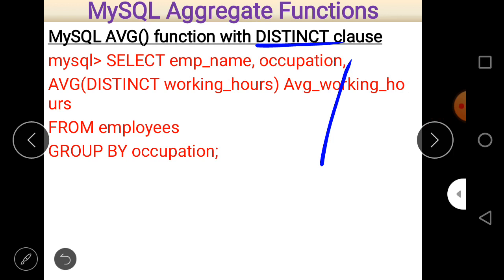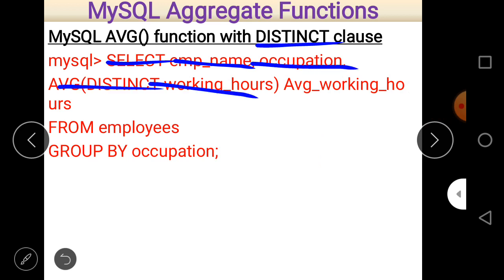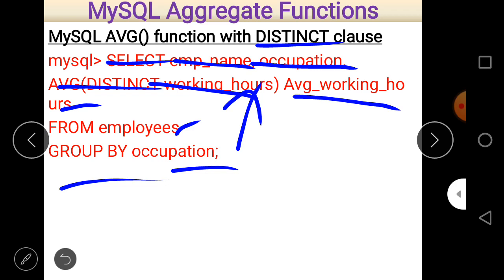Now let us see here. Just write select employee name, occupation, these are the names of the columns, average distinct working hours. Distinct working hours means if there is a repetition of working hours, the same value, then it is considered as one unit. And then average working hours is the name of the column, from employees is the name of the table, and group by on the basis of occupation.